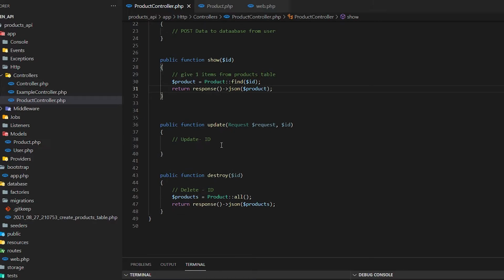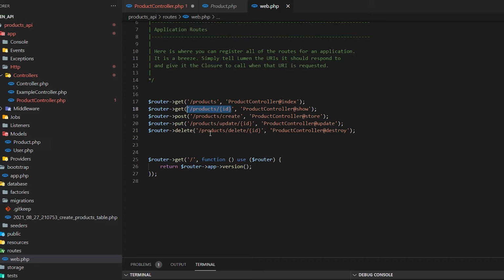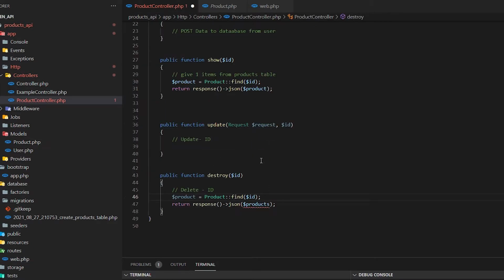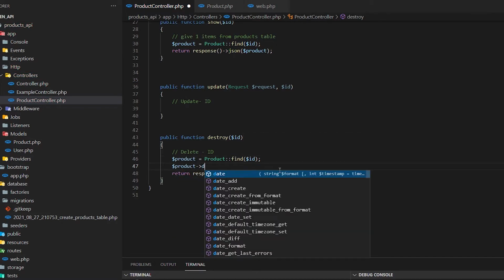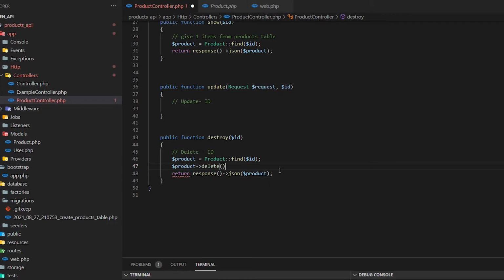Very simple. We can work with delete as well, and for delete you can copy this thing and paste it, because it will also find a product by its ID, since our route also has a dynamic ID here. So in the function we need to pass that ID, and here we need to pass only product. Okay, and the product we can delete. So this is the method that will delete each product. First we get the ID of the product by finding it, and then we just call the delete method to delete it. And here in the JSON response you can write